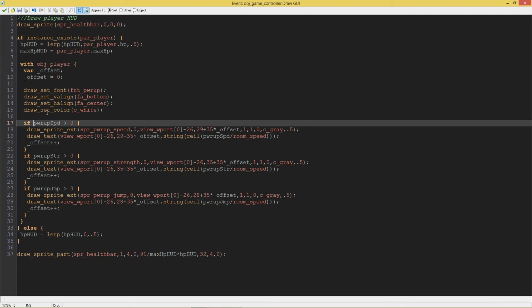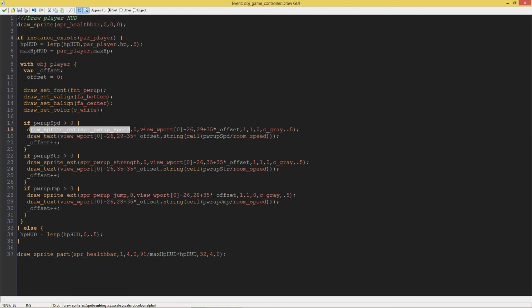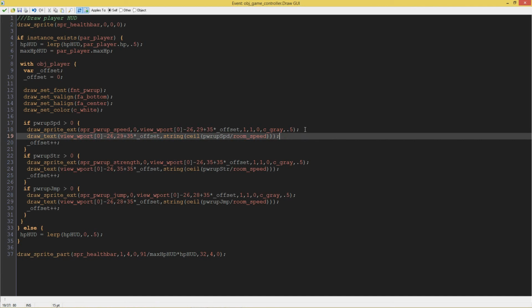And then it simply goes through if power up speed is bigger than 0. So if we have that power up right now, then it will draw the icon in a sea gray color and half transparent, so it's not too harsh against the white text, so you can actually read the white text on top of it. But it will draw the icon at